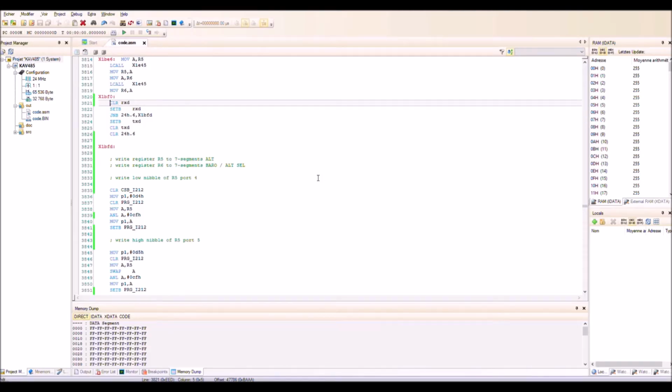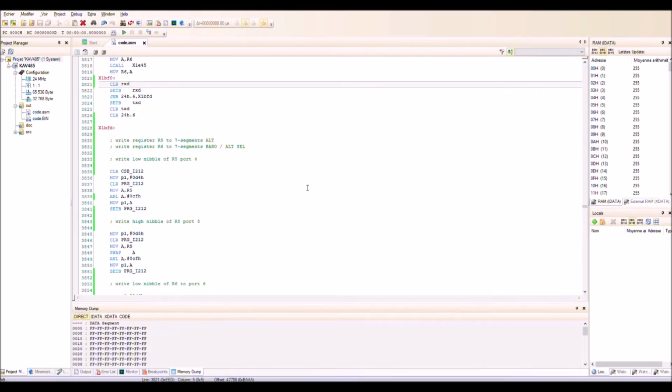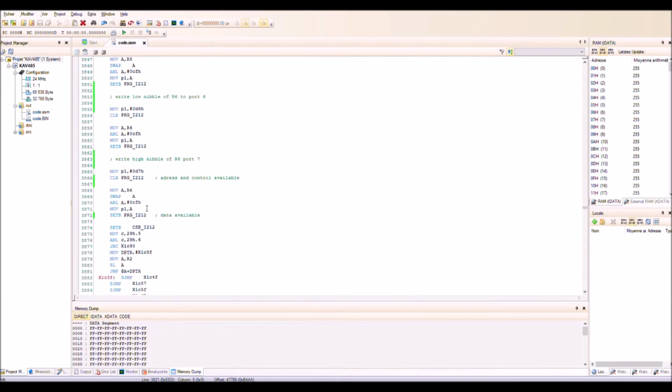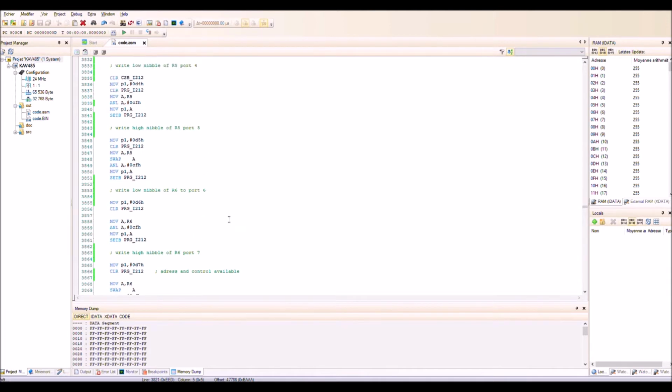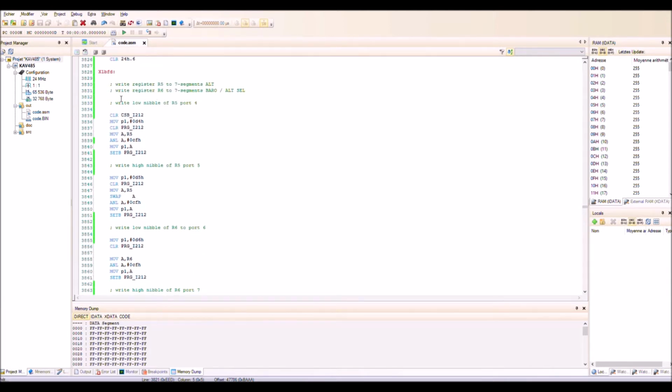So I have reverse engineered a small part of this code from that line here to the end here. Actually this small code permits to drive the 7 segments display of the altitude display and the second one, which is the barometric or the altitude selector. For that purpose there is a part of this instrument which is a bus extender,